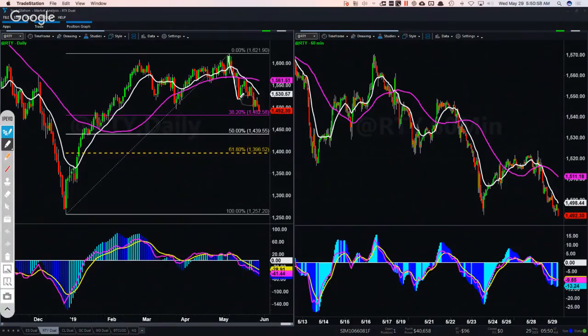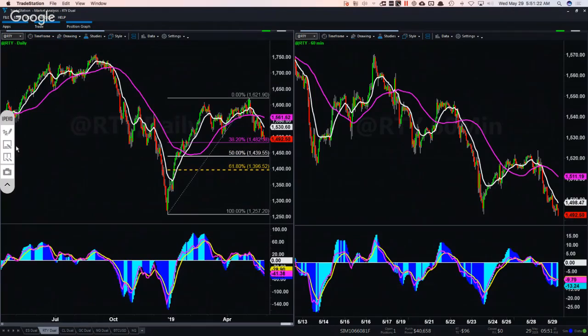We've got what's looking like an A, a B, and now a C. We're heading to the downside, and we are looking for something around here between the 38.2 and the 61.8. So 1483-ish to 1396.7-ish, somewhere in there is the likely target for this retracement. But also, similar to the S&P 500, you have to consider that if this was the top up here,